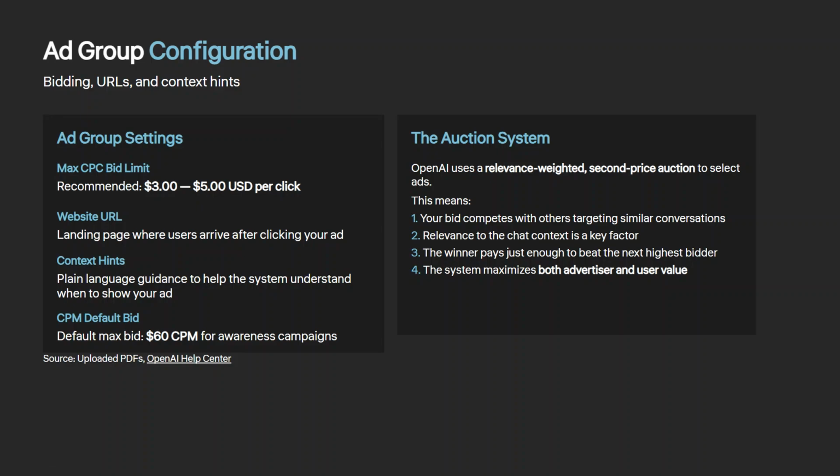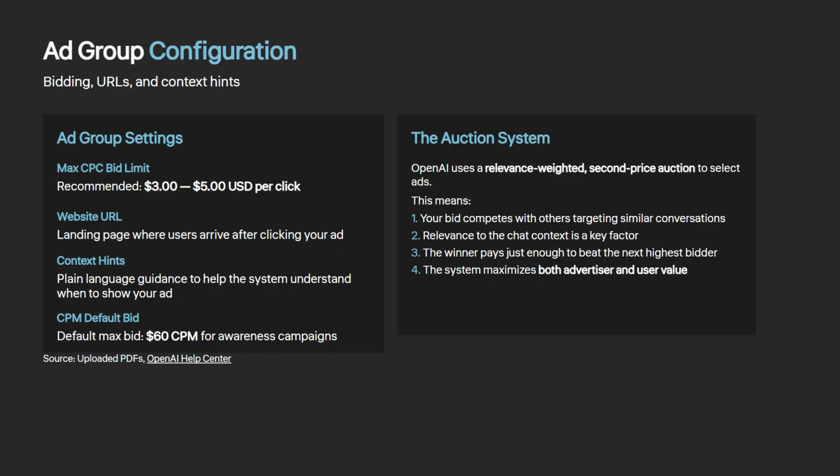So now we'll understand how exactly the auction process will work. Whenever the user conversation matches the advertiser context, all those advertisers will enter into the auction. Within the auction, ChatGPT ads manager will conduct an instant auction. Based on whosever quality score is high, quality relevancy is high, their ad will appear to the user